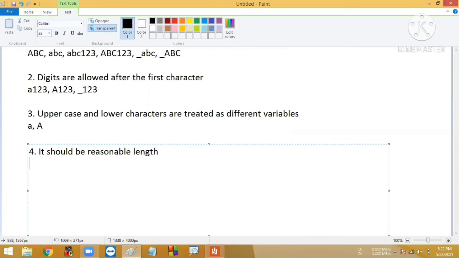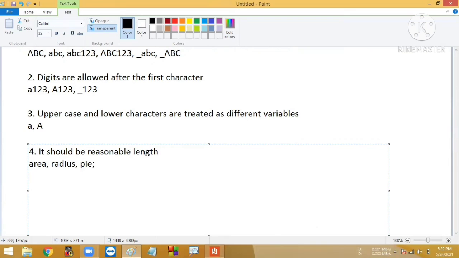Say for example, if your name is too lengthy, will you call with the same name? No. You make it short and you start calling. The same thing here also. Always let the names be short. And remember how the names are to be taken. Example, I'm performing the area of a circle. For the area of a circle, I'll take area. And radius we require, so I'll take radius. I can take rad also, and the pi value we require, so I'll take pi.